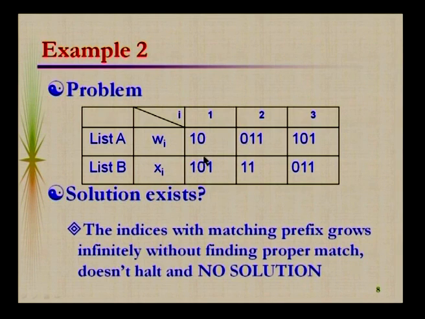As far as a solution for this problem is concerned, we can start with 1, but when you go for the next one, you take 2 as the concatenation with 1, we find there is no match, because the resulting string will have a prefix of 100, which is not possible with list B. Whatever combination we take, we will not be able to find a converged solution. That means the strings from the concatenation of list A and list B will never be equal, but it is always possible to find a prefix which matches.